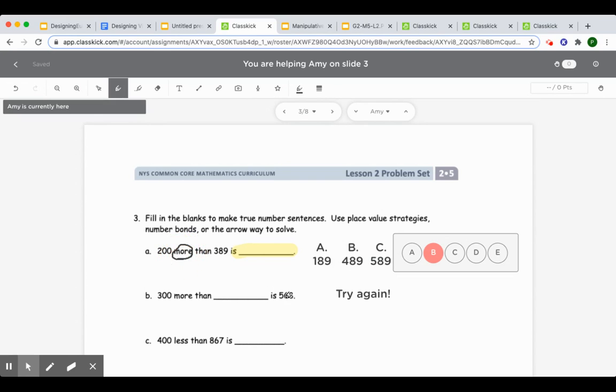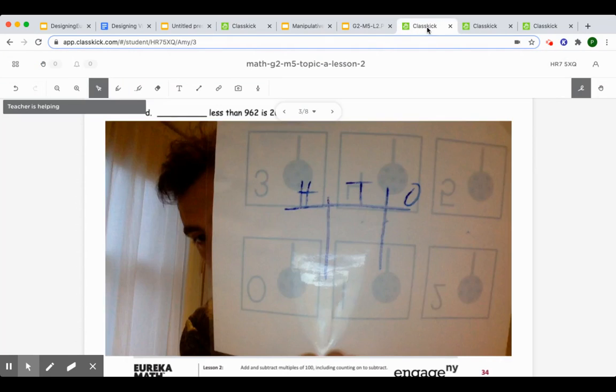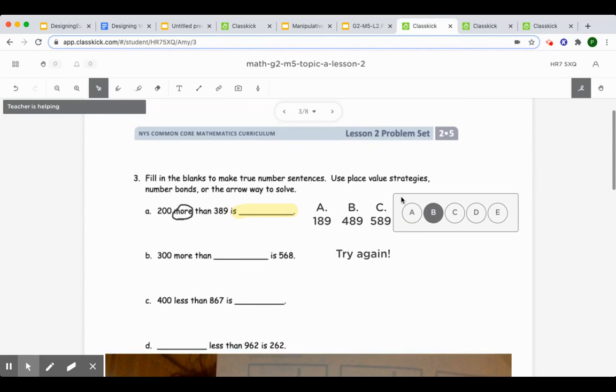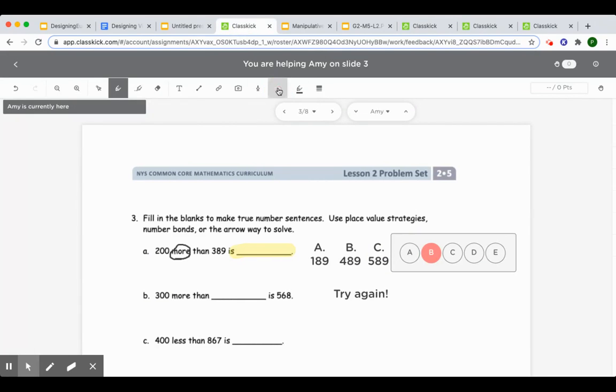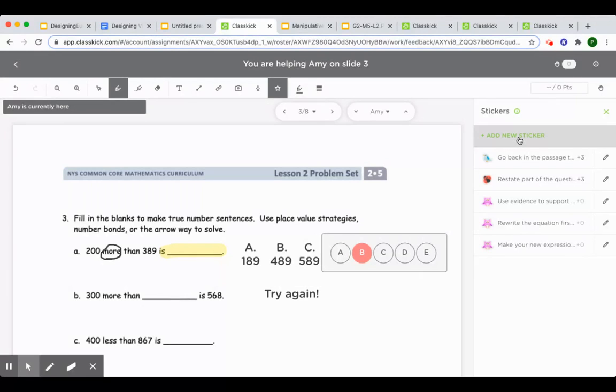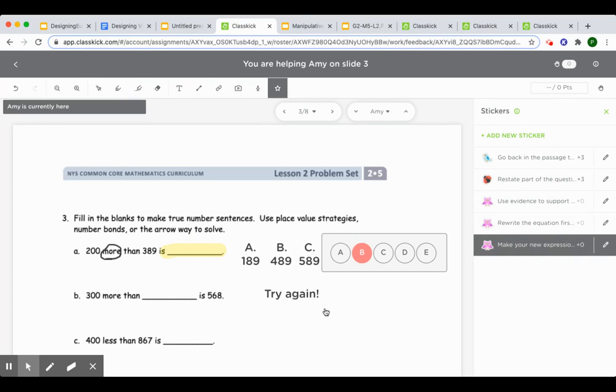And I can drop that right on the student's page. The student will then see that feedback popping up on their page. And there's also this option to give stickers. So I can add a sticker of something that I'm commonly going to use, and then I can drop that